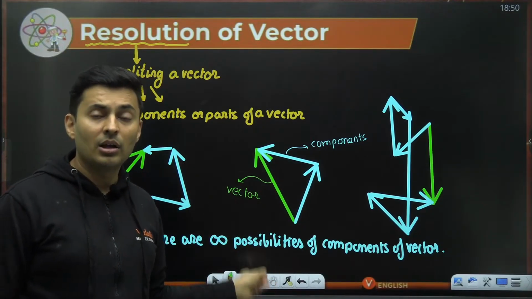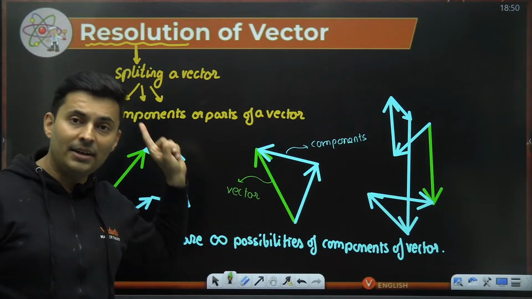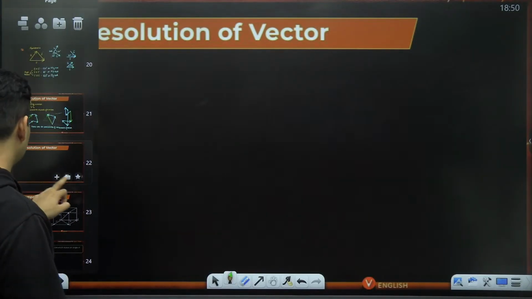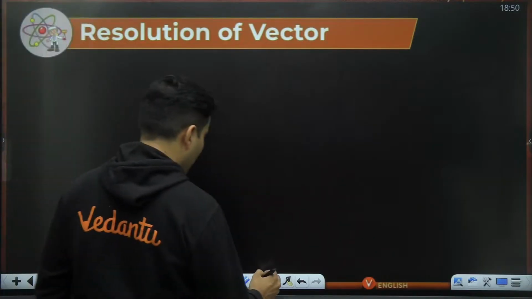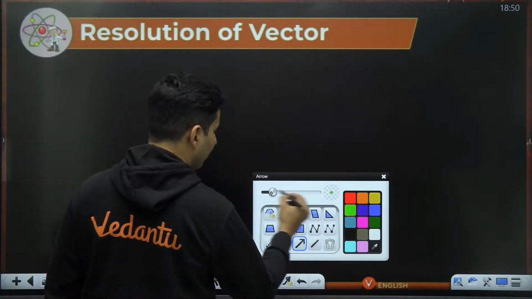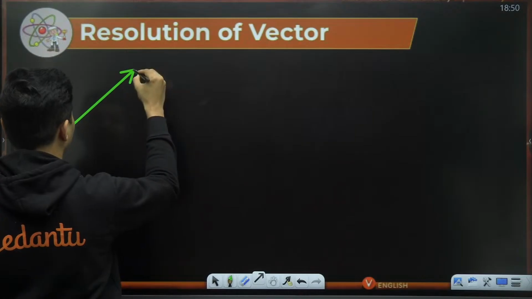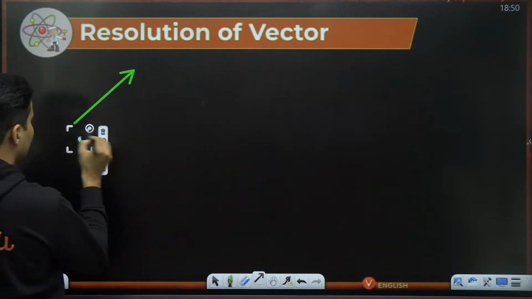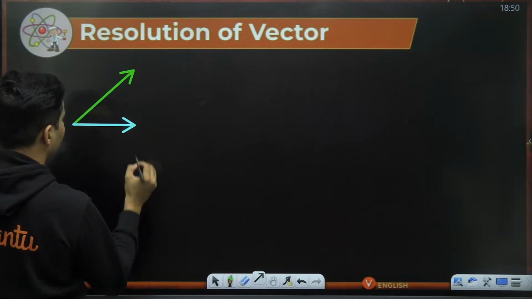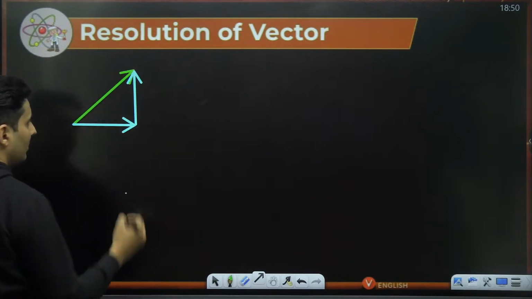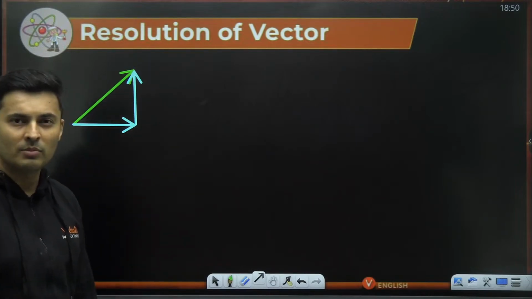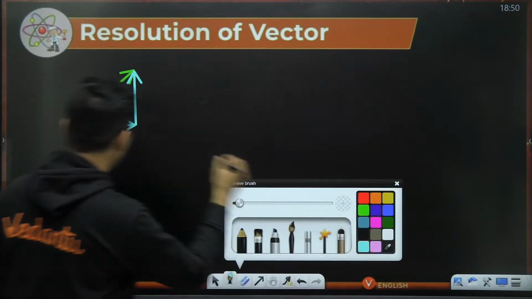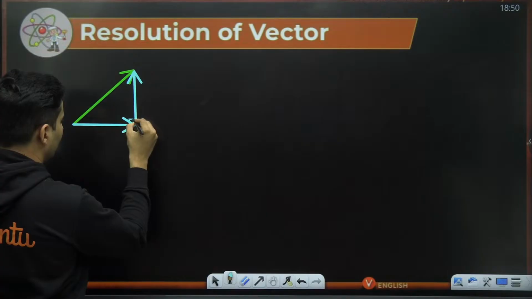But the only way which I find useful to resolve the vectors is when I have a vector, and I take the components in such a way that both of them are perpendicular to each other. Yes, both of them should be perpendicular to each other. Only then, when both the components are perpendicular to each other,